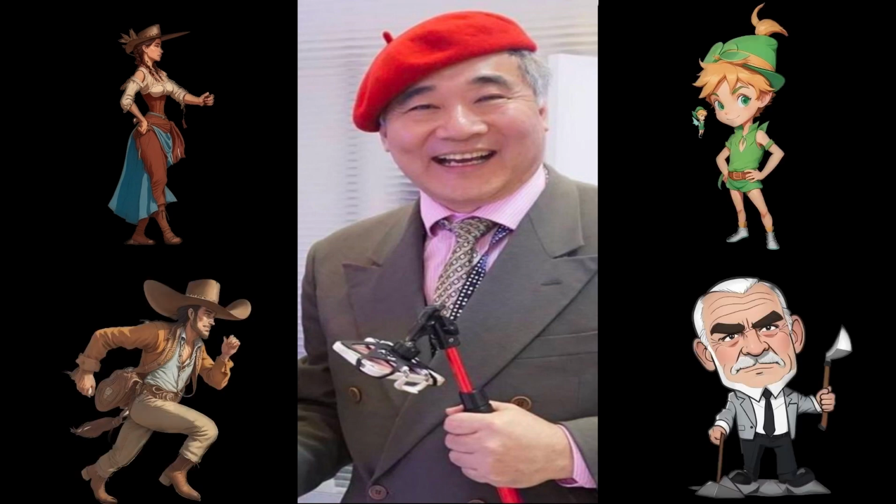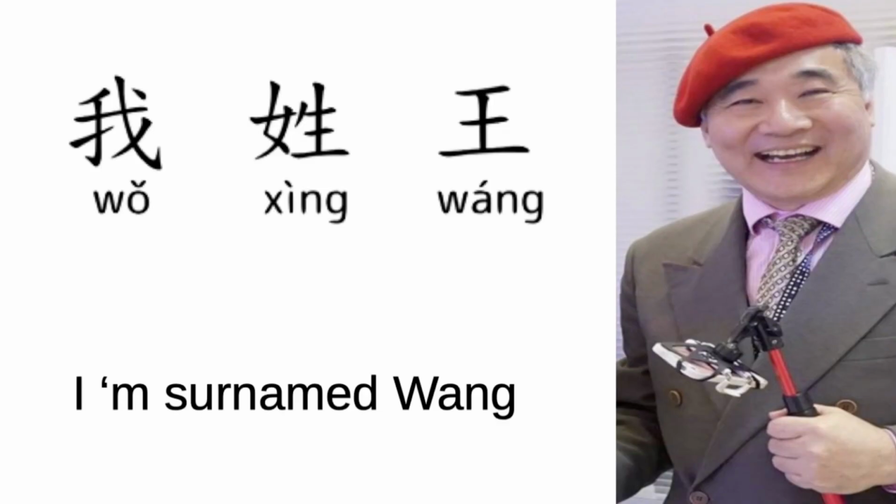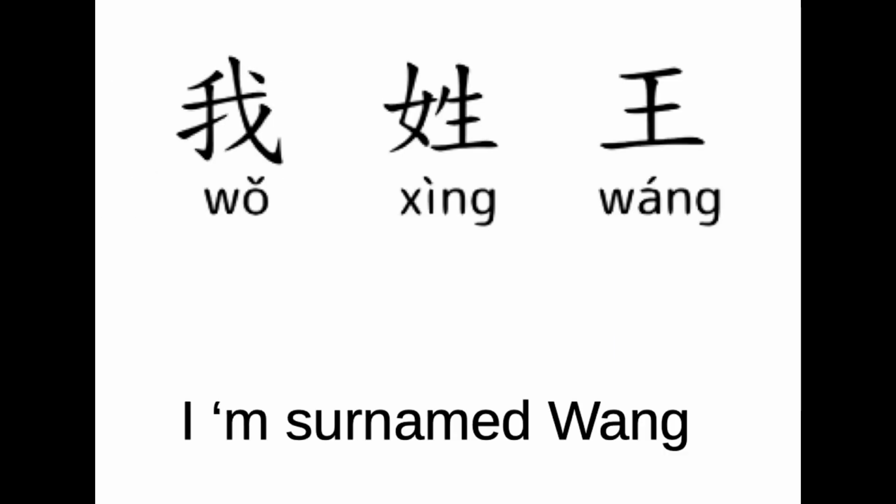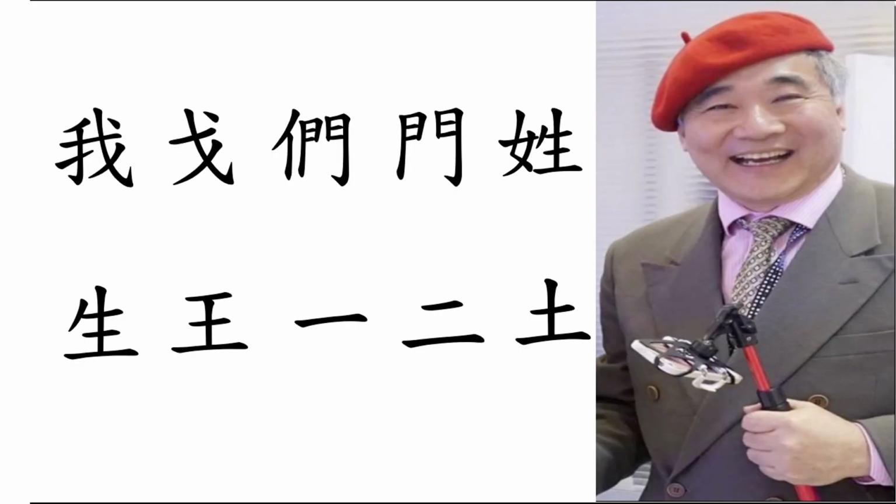Today, we're diving into the intriguing topic of introducing your family name in Chinese. Let's begin with a practical example. I am surnamed Wang, which is expressed as 我姓王. 我姓王. By the end of this episode, you'll have a solid grasp of the pronunciation and characters of 10 Chinese